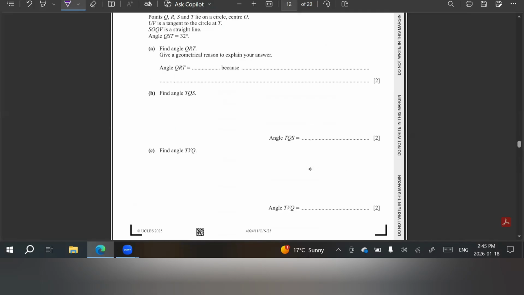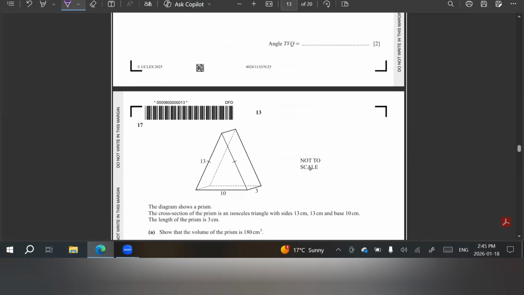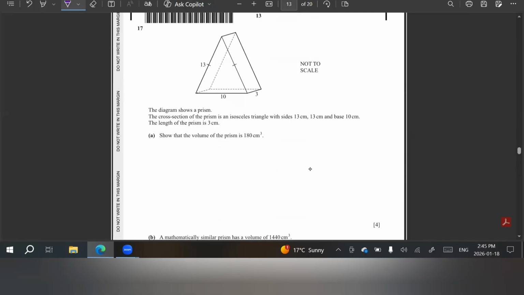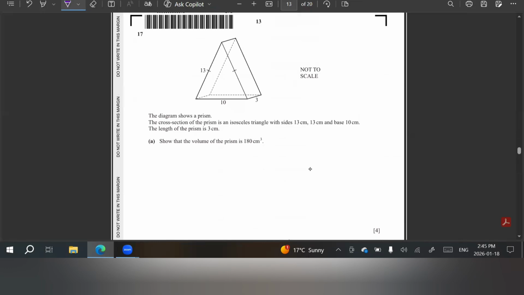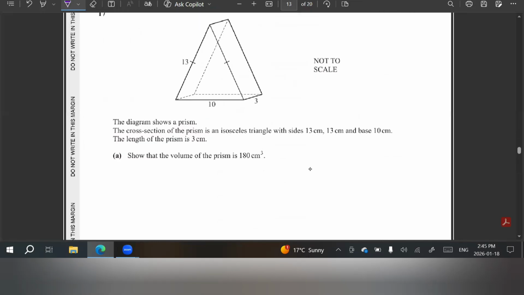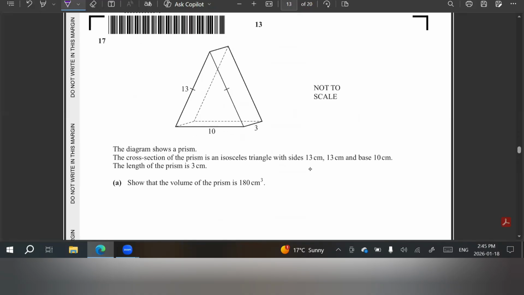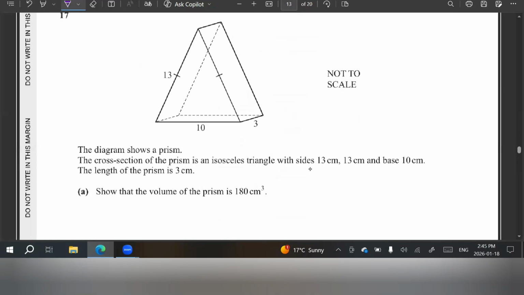Okay, then we have this question number 17, which is a part of 4 marks. He says that the diagram shows